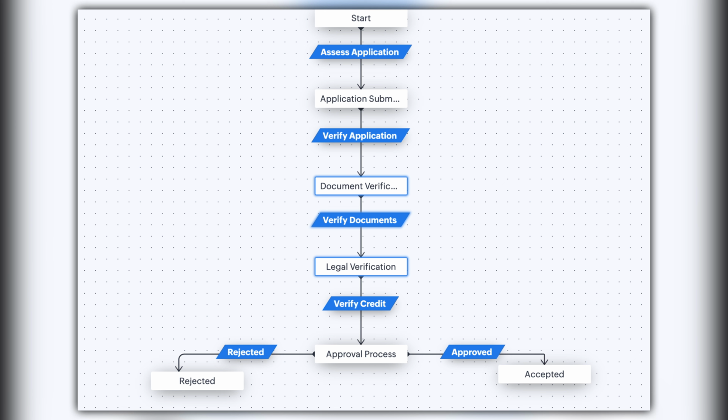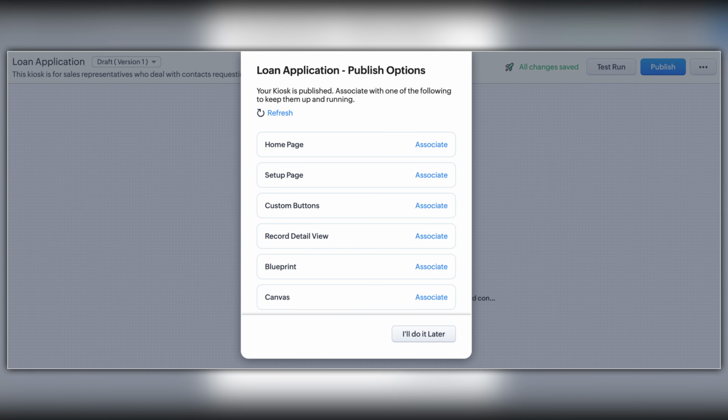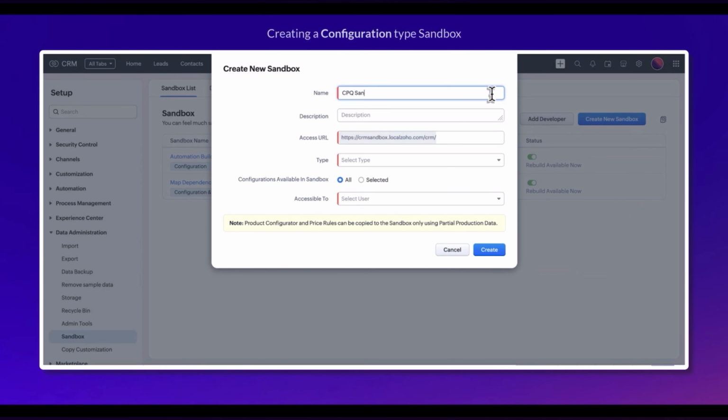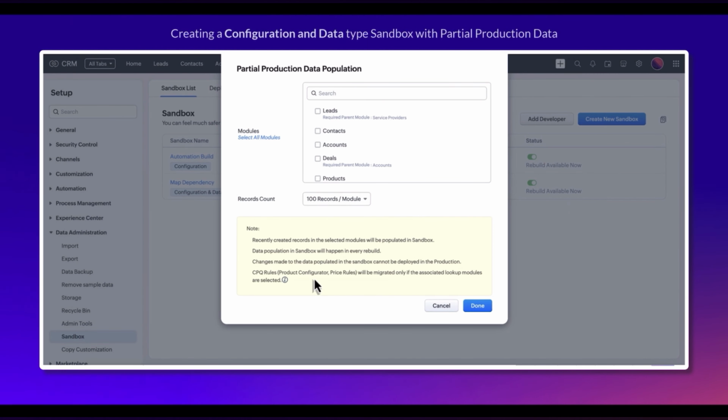Now you can also facilitate business processes by mandating kiosks in your blueprints transition settings. So now you can combine both kiosks and blueprints for more efficiency. And some other great news is that CPQ in Zoho CRM is now supported in Sandbox. So these features not only increase efficiency but also enhance customer satisfaction by guaranteeing that sales proposals are both prompt